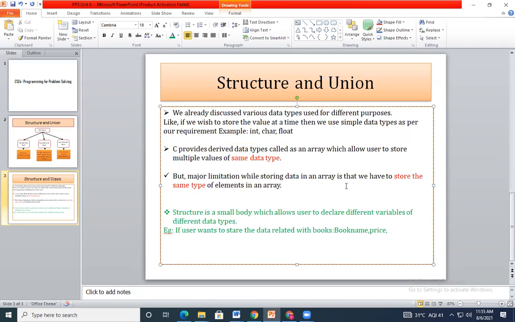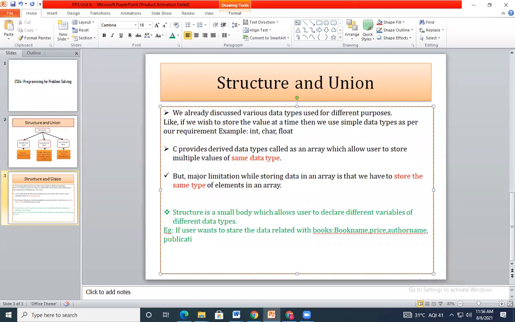No, index, see, book related data. I don't want to go inside the book to see the index. But what I need, like on the cover, we are having book name, price, right? Mention author name, or writer name, maybe publication, maybe year in which year the book is launched, right?